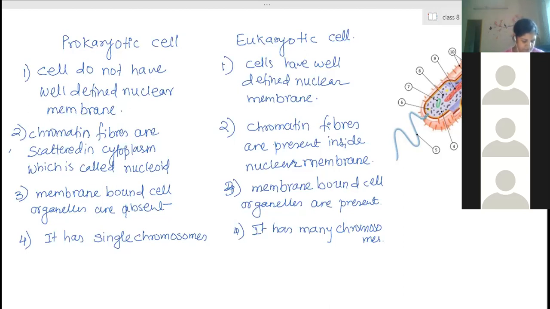Okay. And then the different organelles. Yes. Golgi bodies can be put anywhere. Yes, it can be anywhere. And the smooth ER and rough ER should be together. Yes, the rough ER is near the nucleus, and the smooth ER is near the boundary, that is near the cell membrane. And all other things can be put anywhere. They will remain scattered here and there. There is no particular position for those. Okay, ma'am.